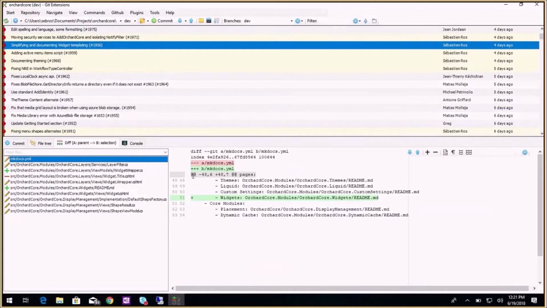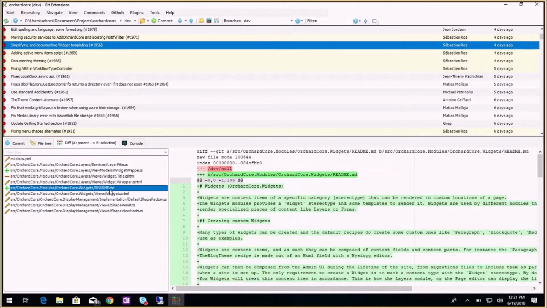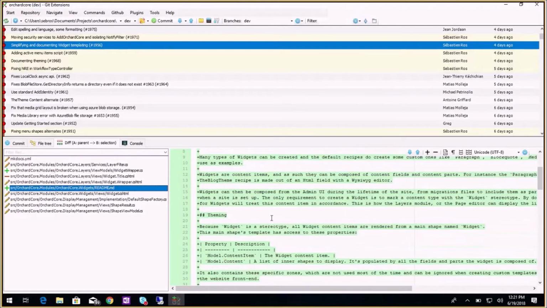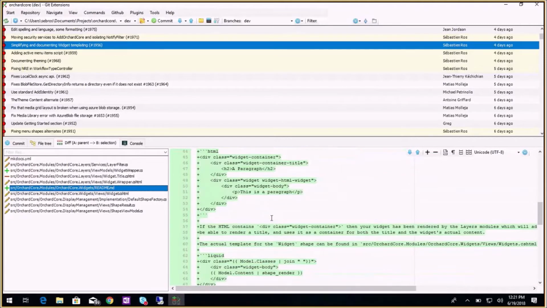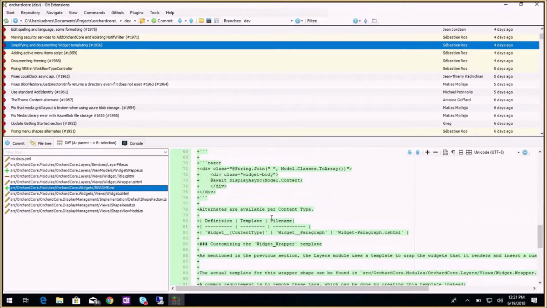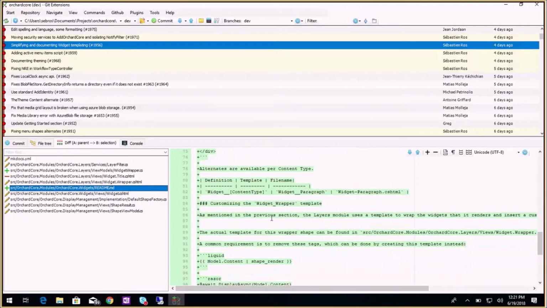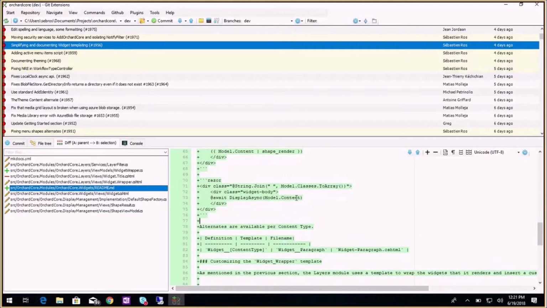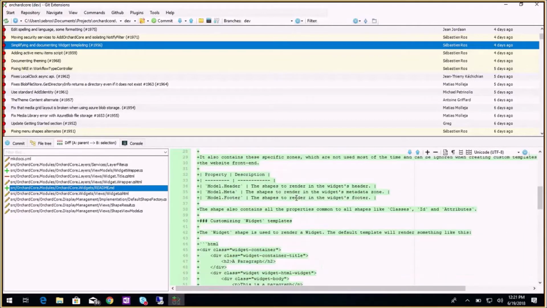Simplifying and documented widget opening. Again, documentation, this time about widgets. And also, while you document things, you realize that some things are missing or not very obvious to do. So I changed also how it was templatable. But this one explains all the things you need to know about the widgets and layers, if you are